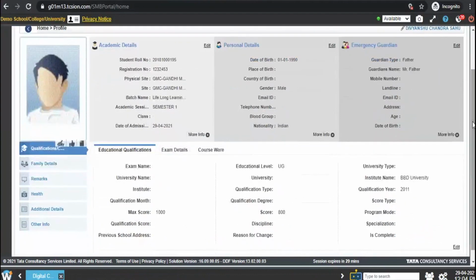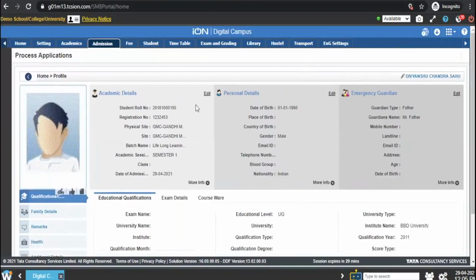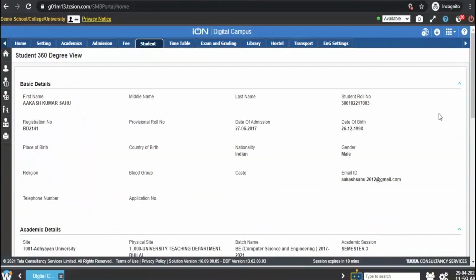So once an applicant has become a student, and the application fee has been paid during the application process, and after that the admission fees have been paid by the applicant, we would be charging, as I explained earlier, only the nominal platform fees from the student, which will get automatically added while a student proceeds to make the payments. Moreover, the student will also have a provision to view their entire fee details.